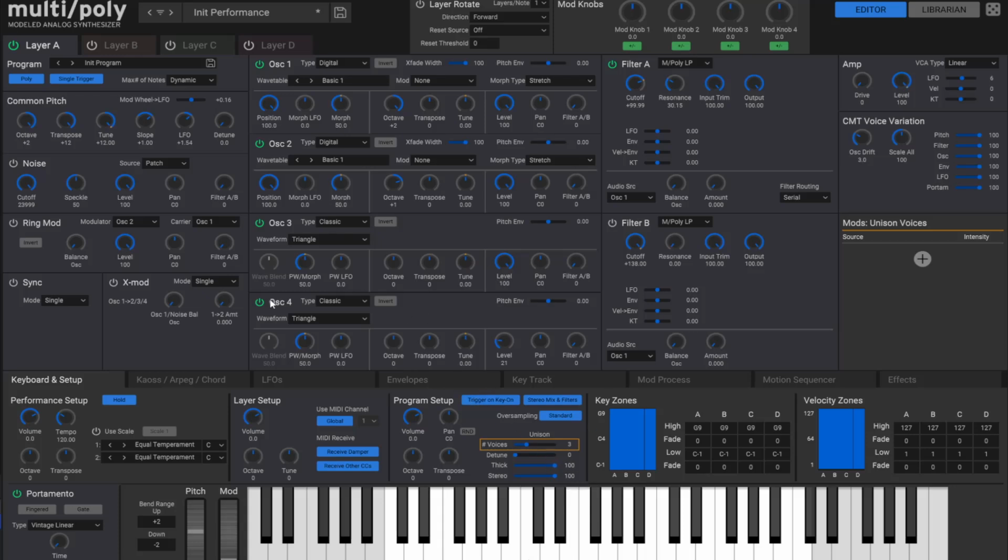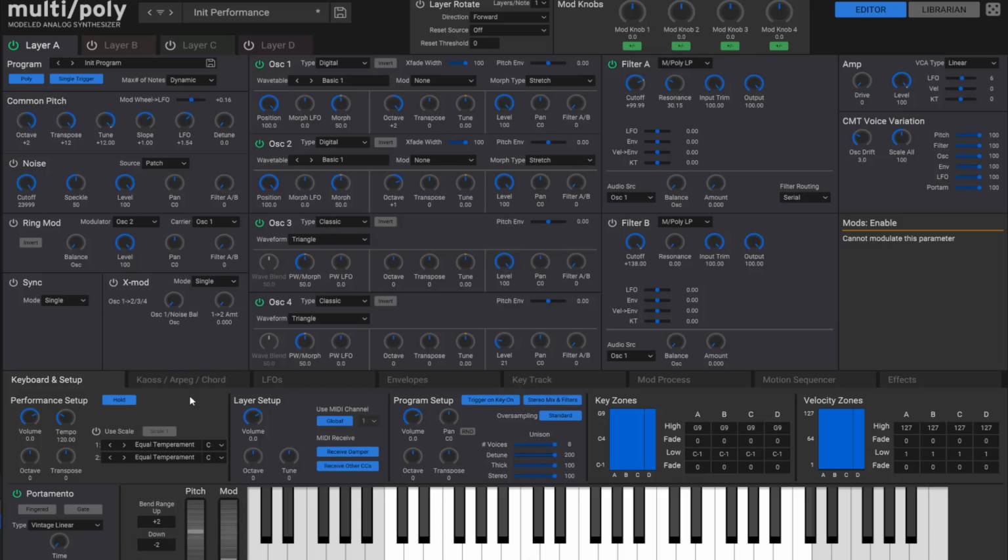So again, just like with the fourth oscillator, you can hear that it just makes the sound fade in or out. So yeah, depending on what your preference is, you could use either the oscillator or the unison or even both. Both might be a bit much, but yeah, as you can hear, it also works. If you want to add even more